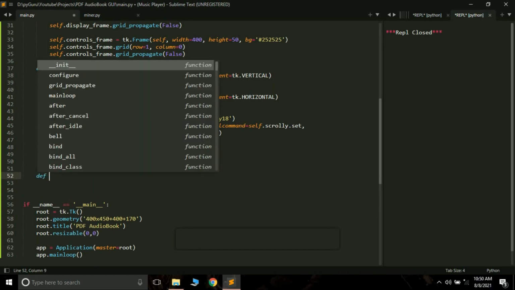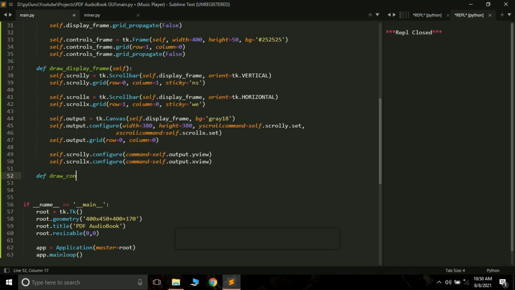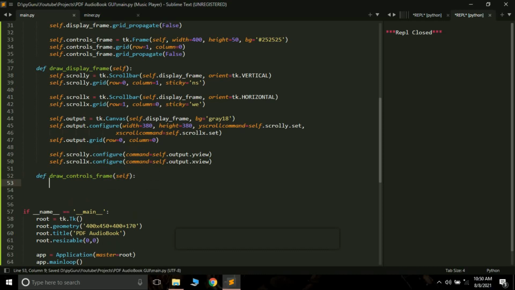Now let's create our control frames. So def draw_controls_frame. Our control frame has a few widgets. The first one is a button which will open our PDF file. Then we have two more buttons, the up button and the down button, which will move to the next or the previous pages of the PDF file.